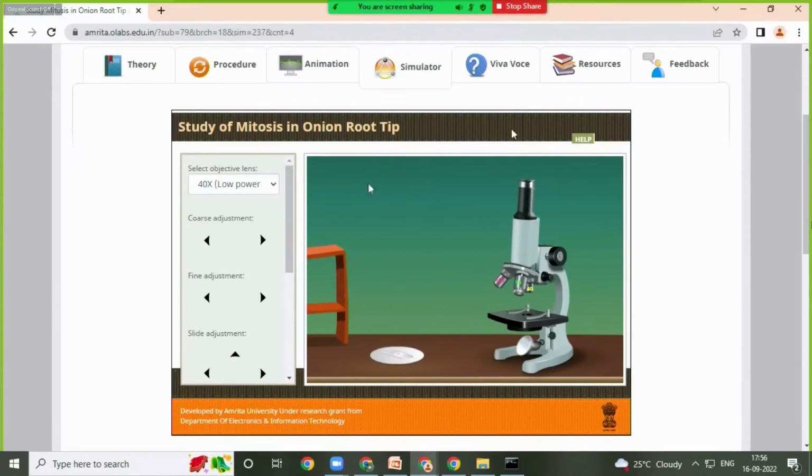Now here, this is about study of mitosis in onion root tip. In this simulation, it is not shown how that slide has to be prepared, because the major task in this experiment for students is to find out which stage they do not easily identify among the various stages of mitosis. By going through this simulator, students will understand which stages they will be able to identify when they actually perform the experiment. So let's